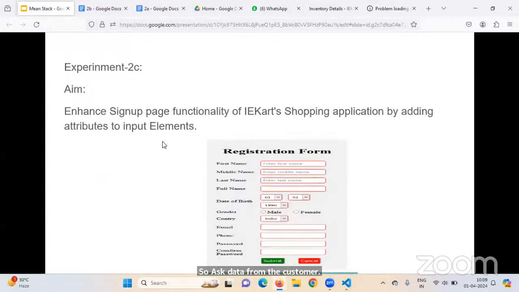Another thing is adding some more input elements to your form. In a form, we can ask any data that we actually require. So here, if you take this registration form which you are seeing on my screen, you are asking the person's first name, middle name, last name, and again full name. You are also asking date of birth, which consists of input fields like date,